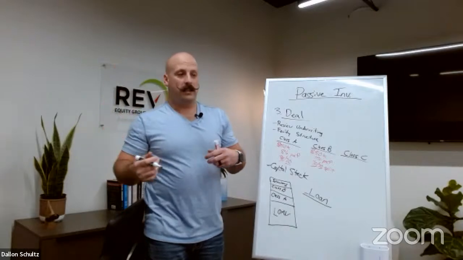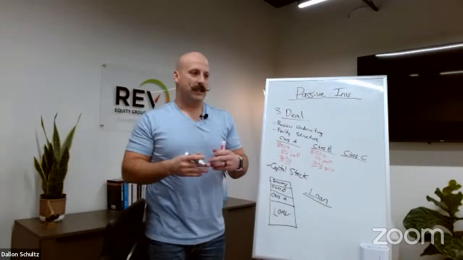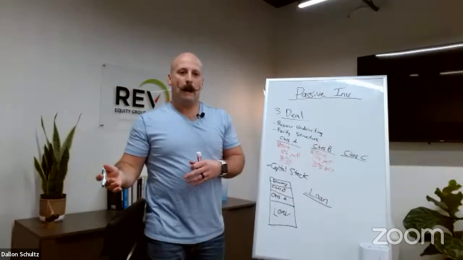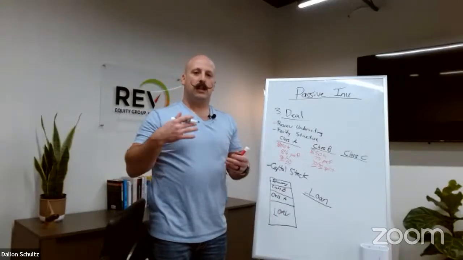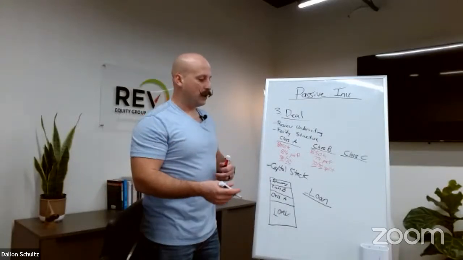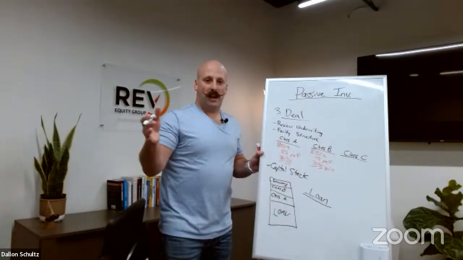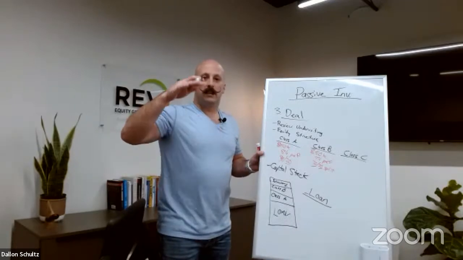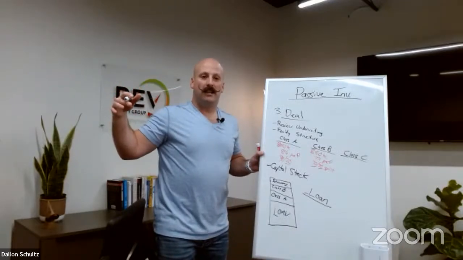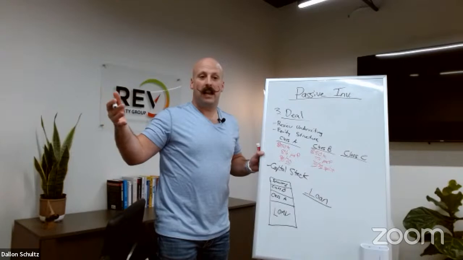Is it a 10-year loan? A 7-year loan? A 5-year loan? Is it fixed rate? Is it floating rate? A lot of these are questions you need to be aware of as an investor, because if that loan fluctuates, that can severely alter the business plan of the property and of the deal that you're getting into.